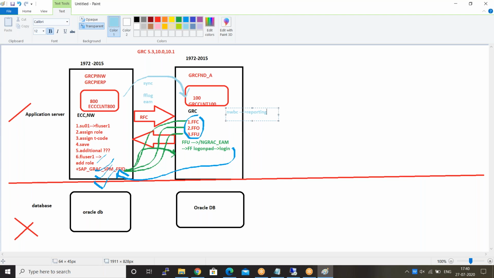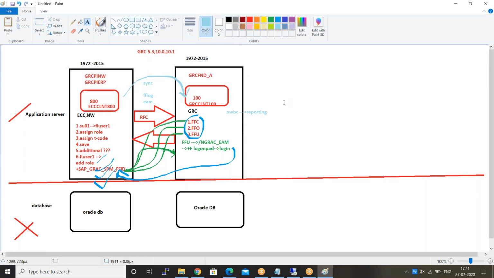This is the one from the old versions you follow. But right now, what is the situation? From 1972 till 2015, every customer is now migrating from Oracle to HANA DB. The migration is done by the basis team.